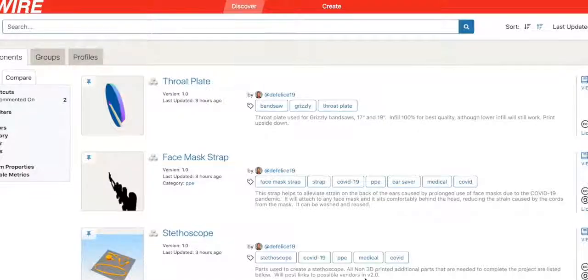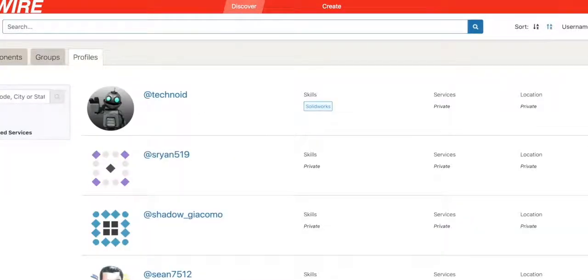Something I think is also exciting about 8wire is bringing on people with multiple skills like that. So I'd be able to get people down the road, hopefully, who are going to help me with wiring or with the motors and all that fun stuff. One of the things that's interesting about it is you can filter skills, and people have profiles. They can show as much about themselves as they like.